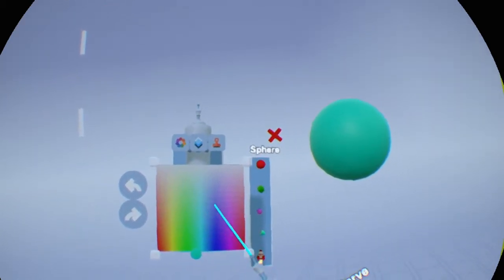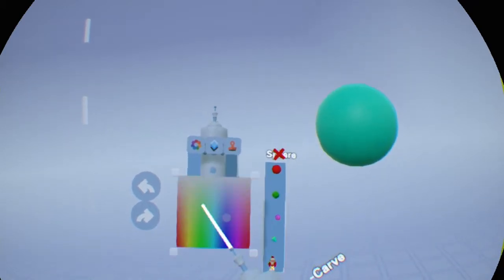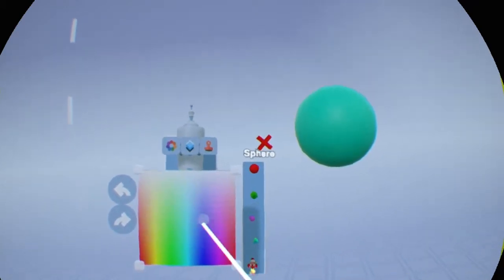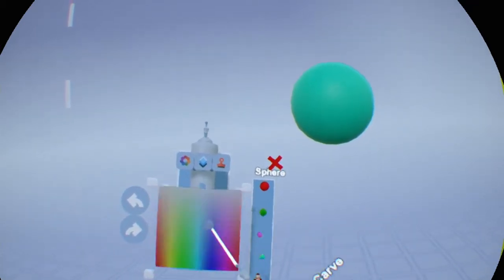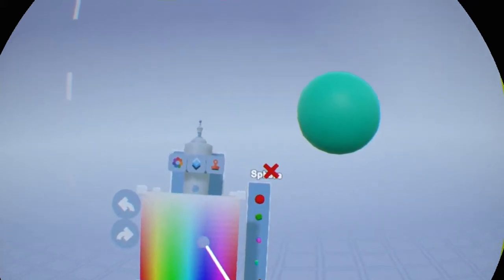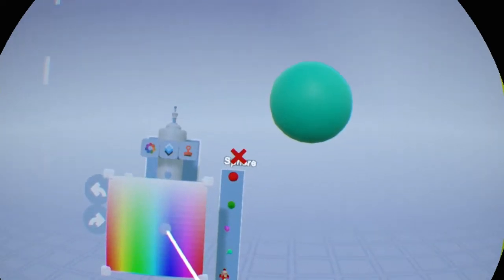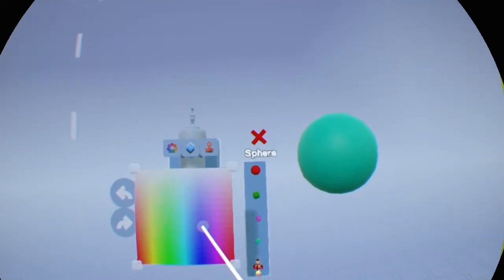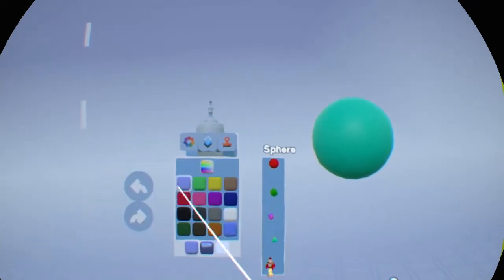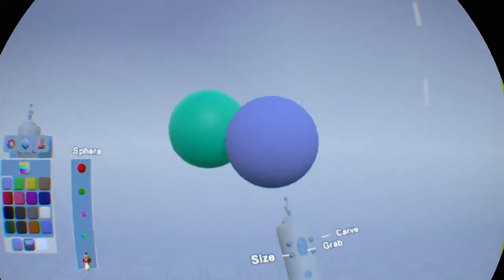And you can then place your cursor wherever you want. If you want a blue color right here, you can pull up on it and it lightens it. You push back on it and it darkens it. Somewhere in the middle, you can pick out a various shade. It's not totally accurate, and you kind of go by feel, but it's got 16 million colors, so you can pretty much get any color you want. So we're going to get that blue there, and we'll make another